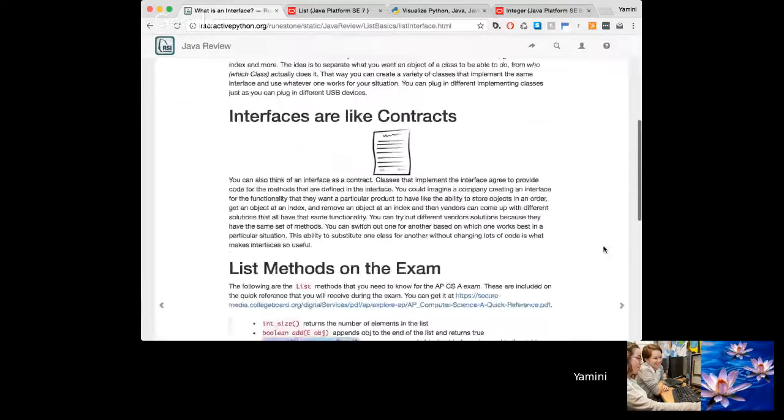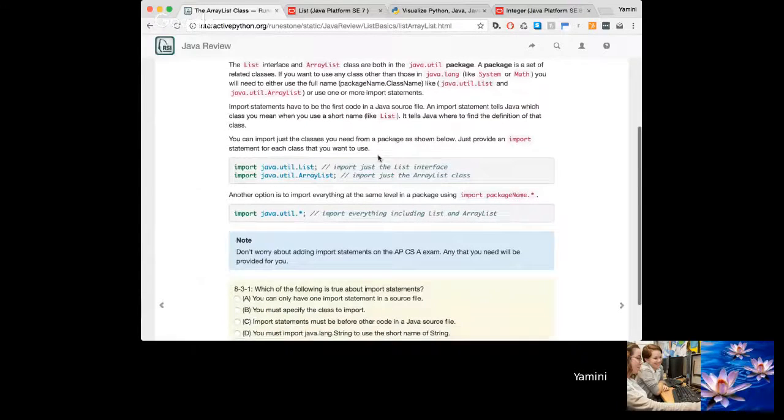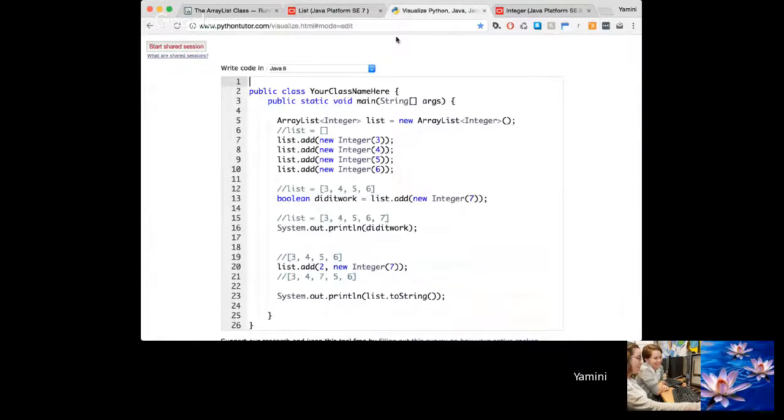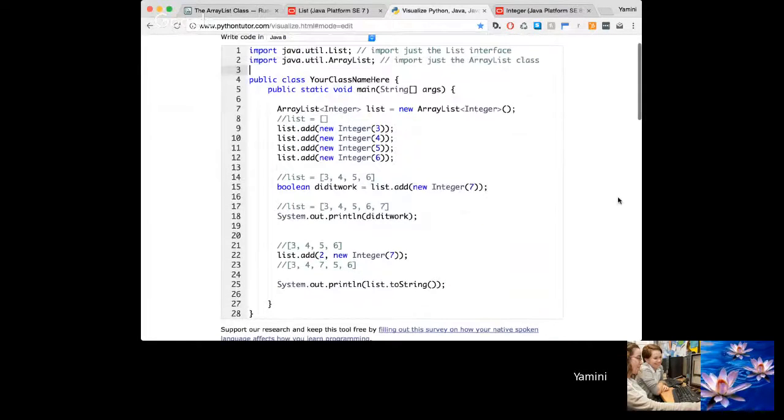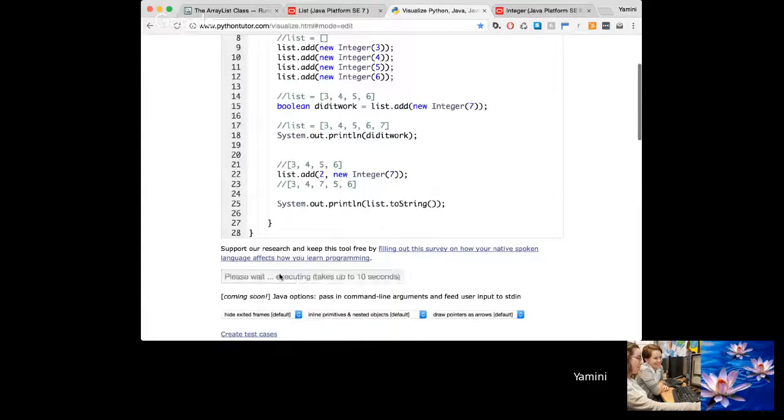Let's keep going through here. Oh yeah, you have to include an import statement. Okay. So that's why we're getting that error. So we don't have to import integer like we talked about earlier, but we do need to import list and array list. Okay. So here for the array list, when you say add list.add new integer 3, 4, 5, 6,